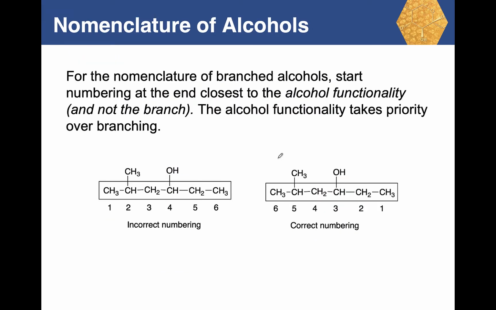Let's look at branched alkanes. You may recall when we're looking at branched hydrocarbons, we start numbering at the end closest to the branch. In this case, however, we start numbering at the end closest to the OH. So here again is our OH group, and here's our branch. We could start numbering here, but that's incorrect. The IUPAC rule states that we have to start numbering at the end closest to the OH, so we start